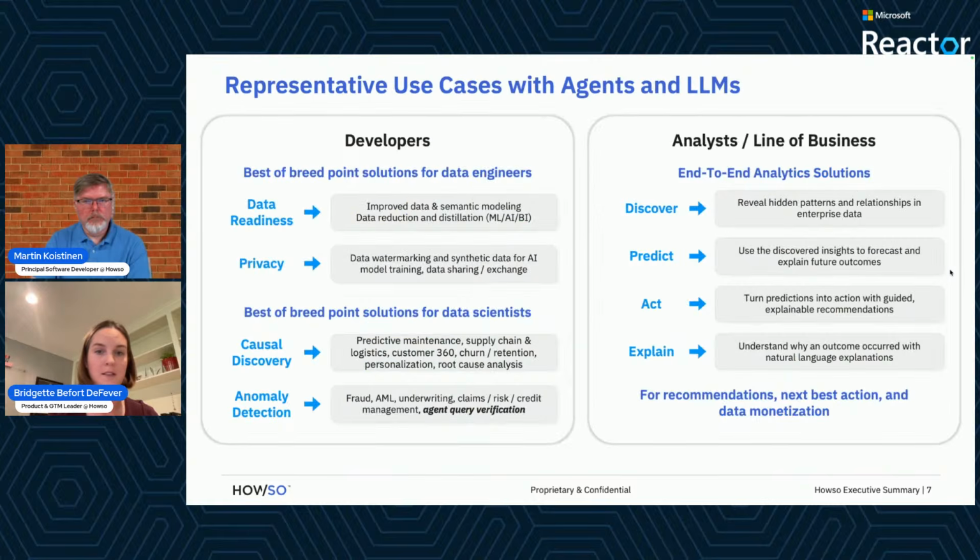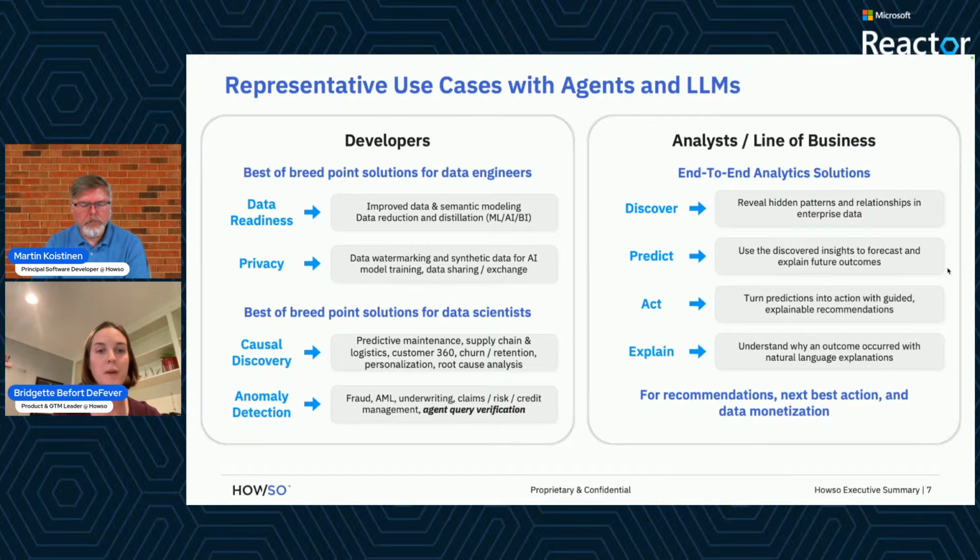So the final slide that I will leave you with are some of the use cases for different types of personas. This is really a developer-focused session, so we'll be focusing more on notebooks and the chat experience with the notebooks, where we're using it to generate insights like causal discovery and what-if scenario analysis for data engineers and data scientists.